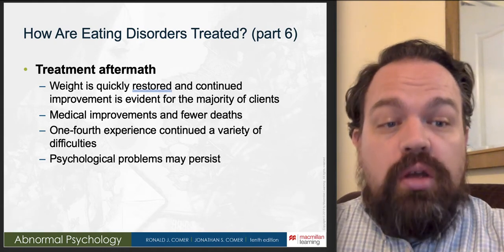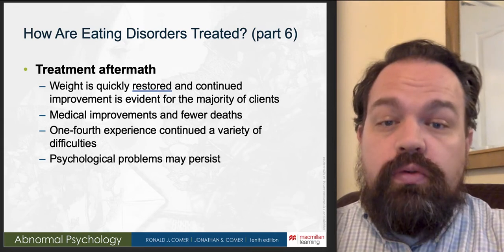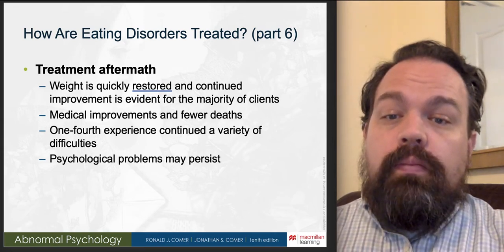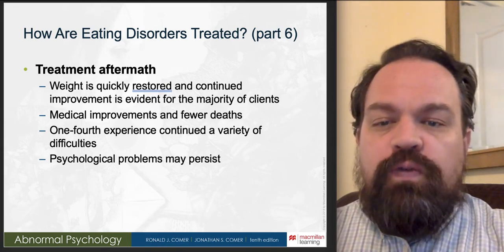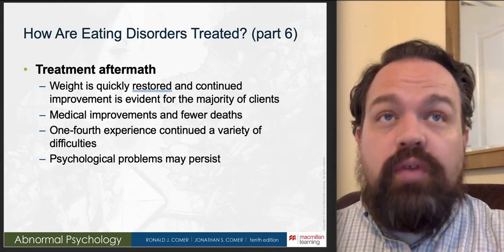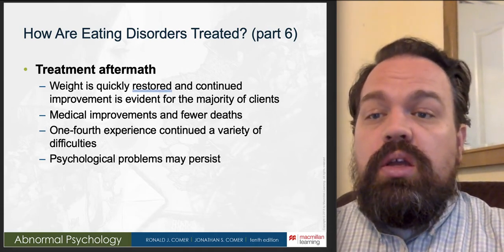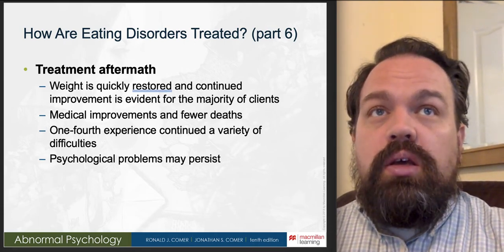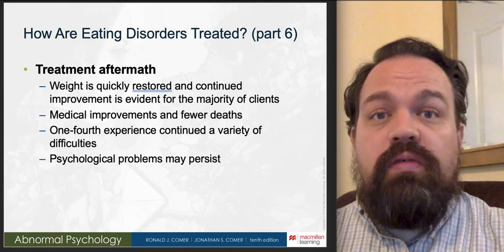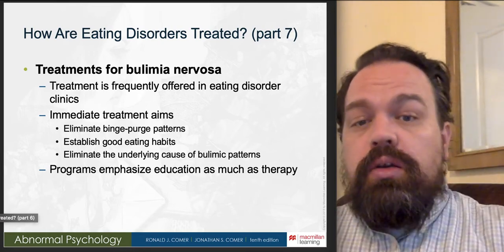And the majority of clients seeking help for anorexia do improve. You've got about a fourth of individuals who continue to experience some level of difficulty either with their eating or with other psychological problems. So it's not always a cure-all for everybody, but generally speaking, the success rates are very good with anorexia. Now, for bulimia, treating bulimia